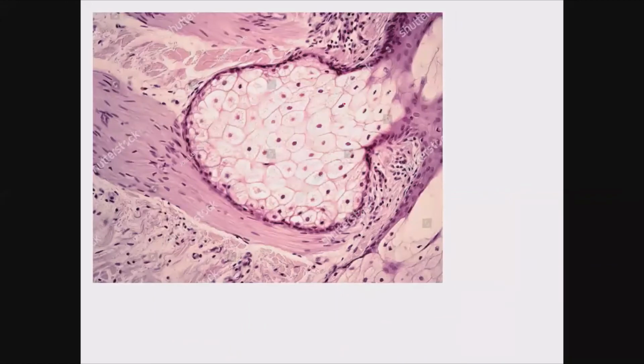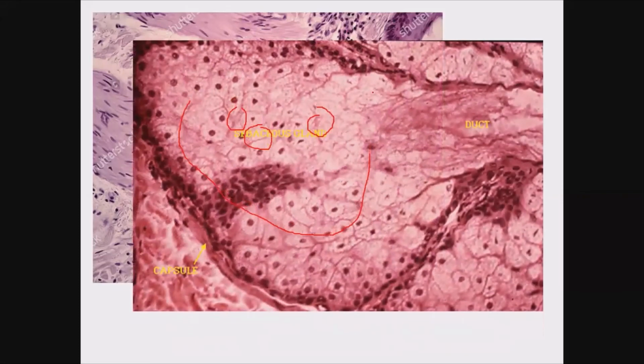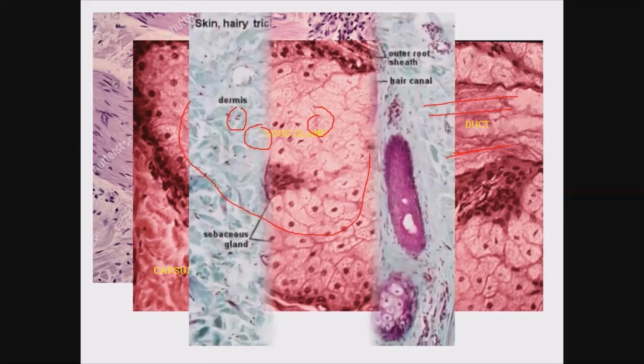Now, what is a holocrine gland? Here we can see the sebaceous gland consists of the basal lamina. In the basal lamina, we have these darkly stained basal cells, and their stem cells are dividing and redividing, multiplying and giving rise to this bunch of cells which form the sebaceous gland. And these cells later on, towards one side, we can see are getting disintegrated here. The nuclei are getting disintegrated, leading to the secretion. So the cells die and secrete the secretions towards the lumen. That is the holocrine secretion of these sebaceous glands.